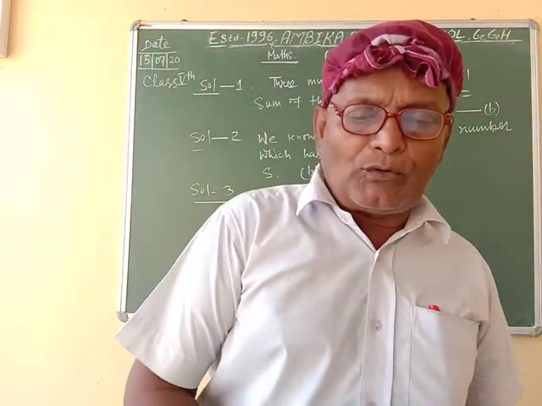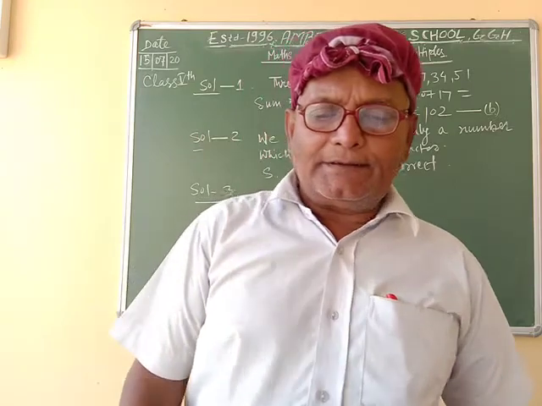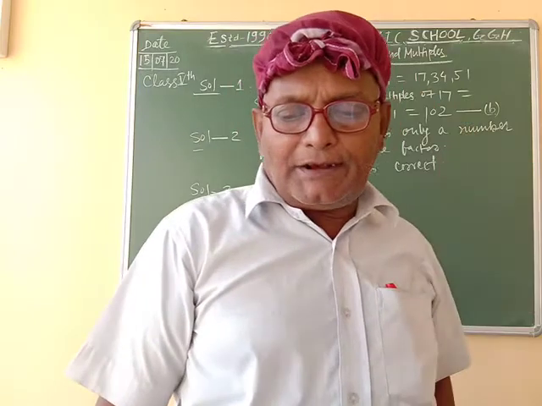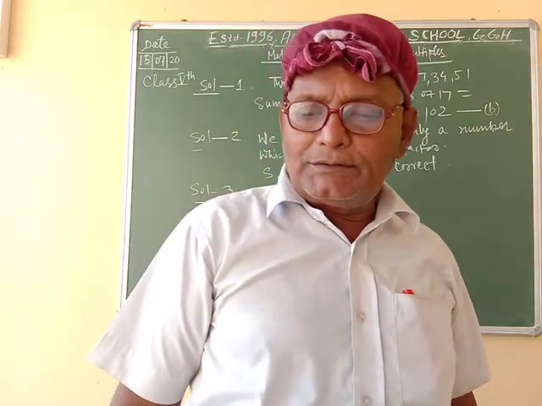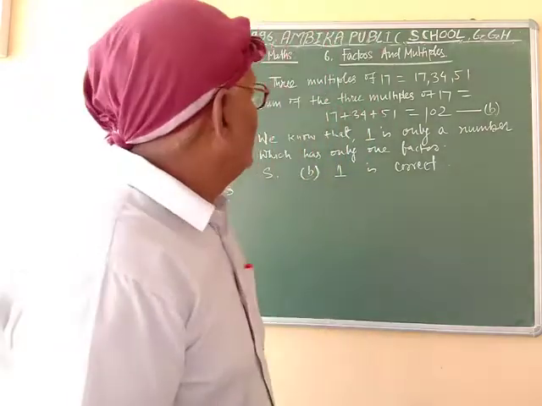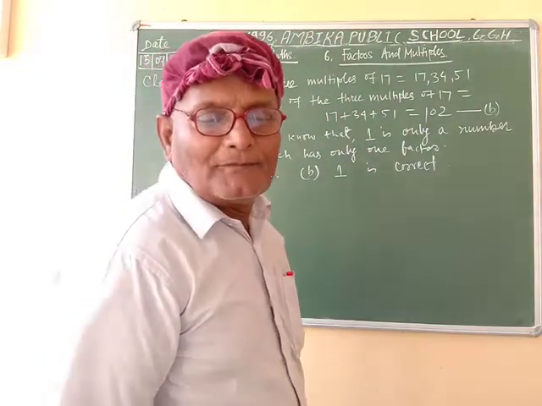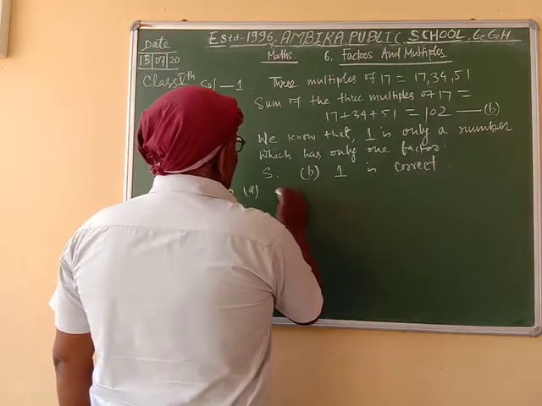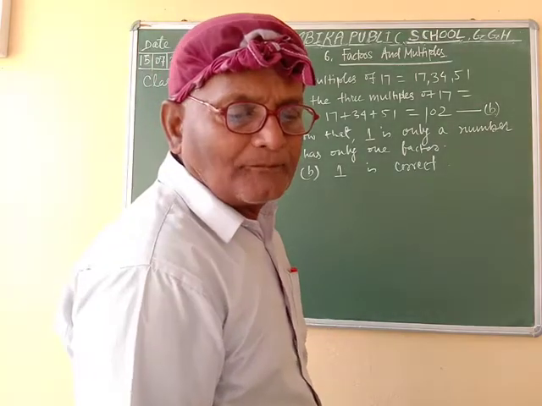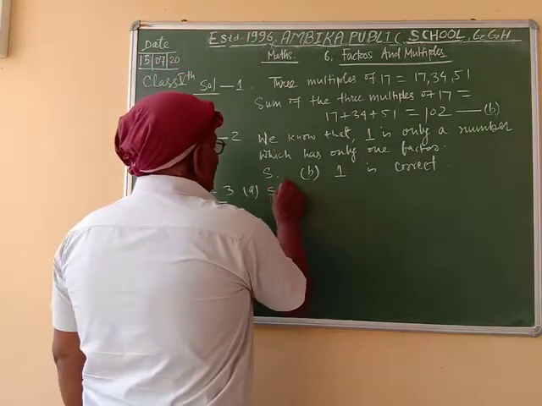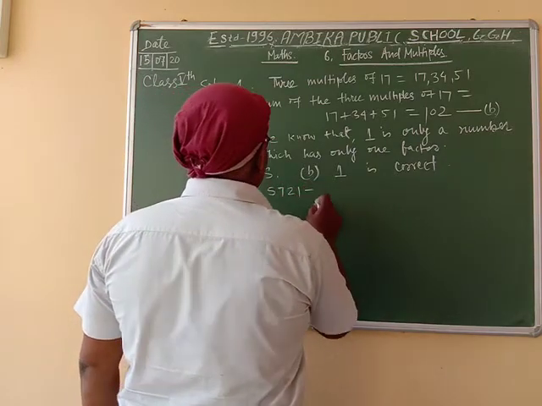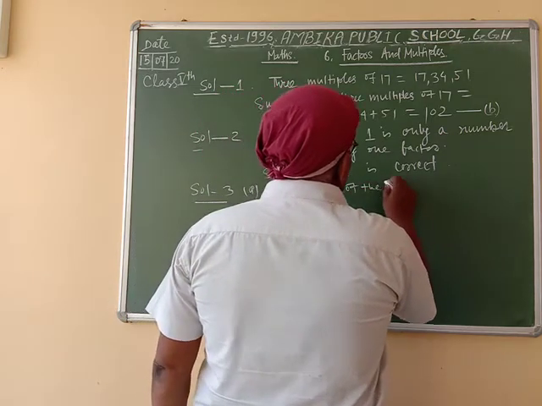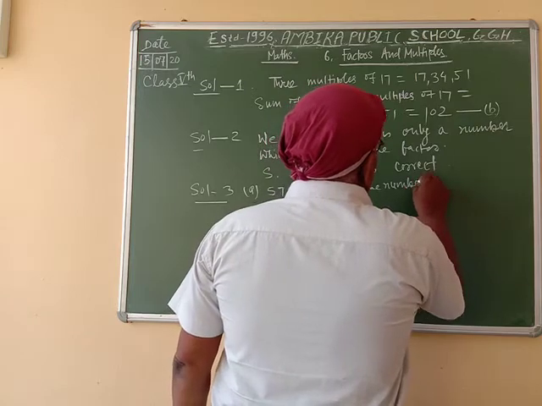Solving one by one, in option A the number is 5721. Sum of the digits is